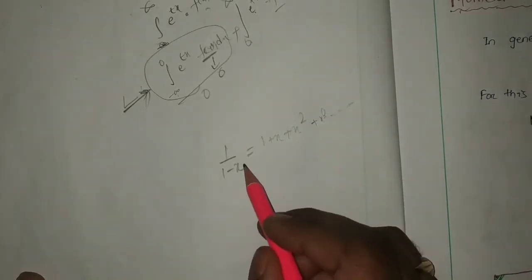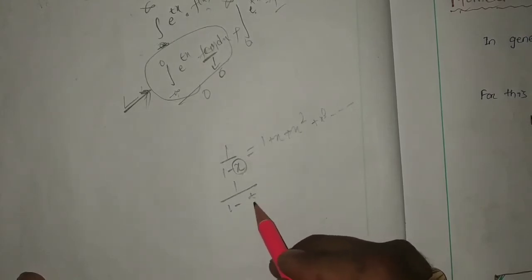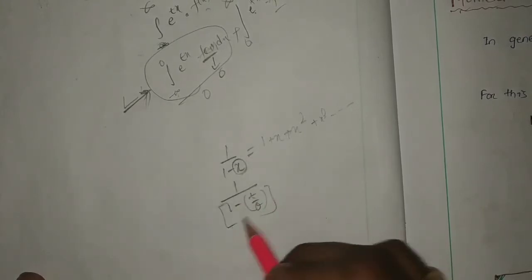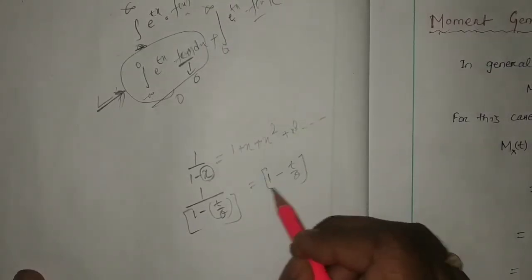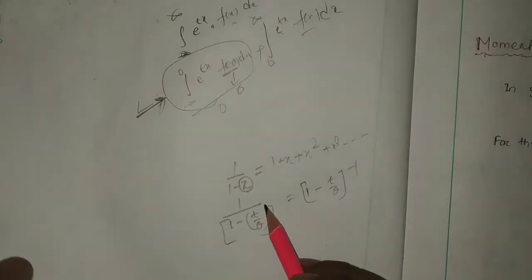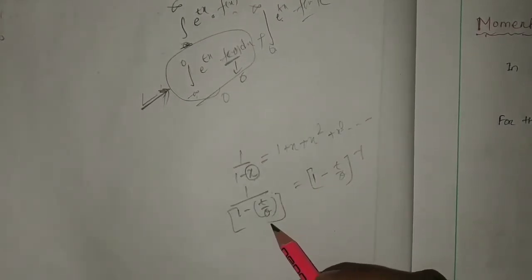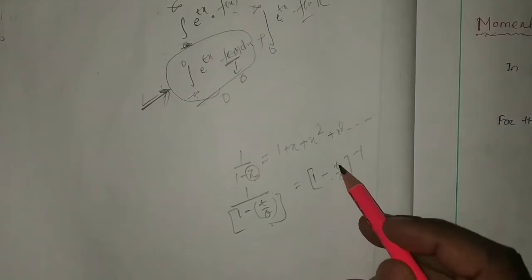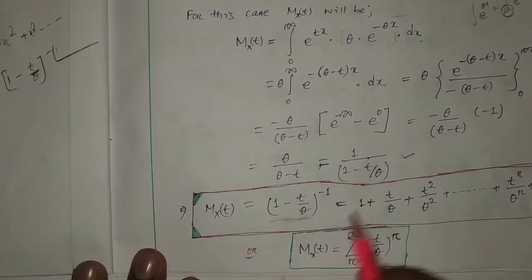So here, instead of x we have t by theta, right? We have 1 minus t by theta to the power minus 1, whatever is written over here. If I expand this, then we are going to get